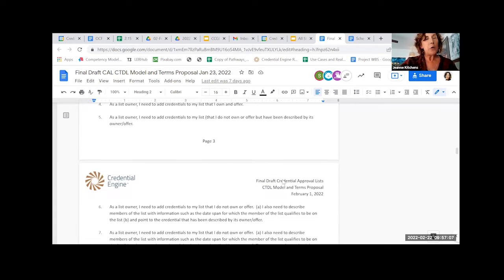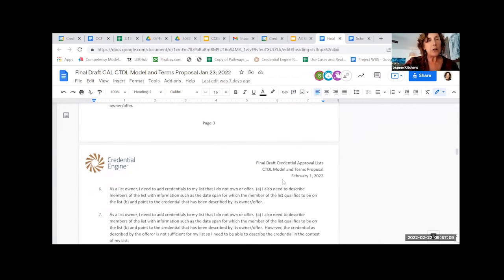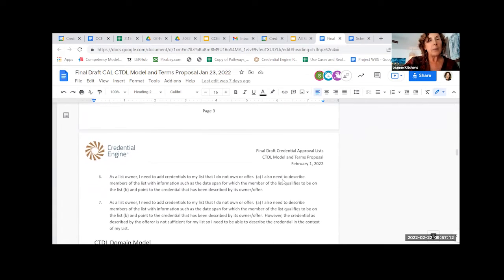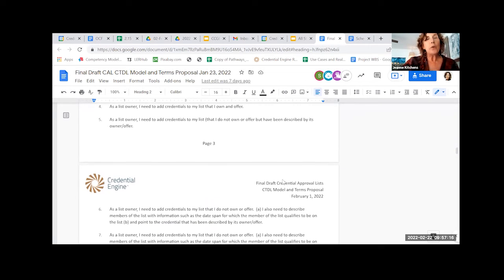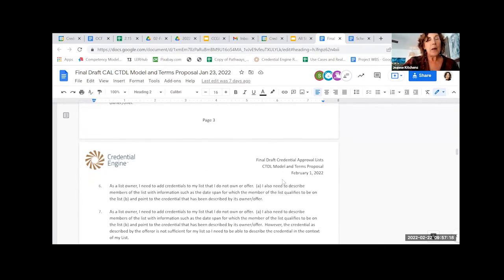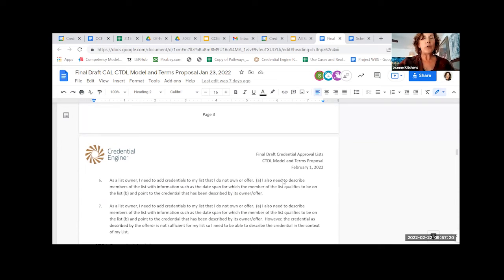But you can see we also want to be able to come down here. I'm going to jump down to number 7, because these use cases are all building off each other. And we want to be able to get to list owners that need to add credentials to a list that they do not own or offer. And so I've already pointed out that many states already do this.